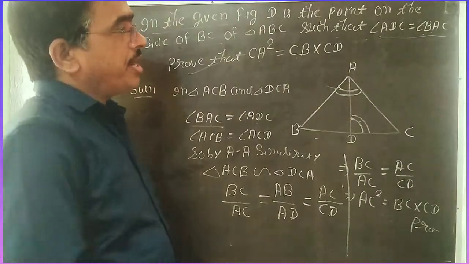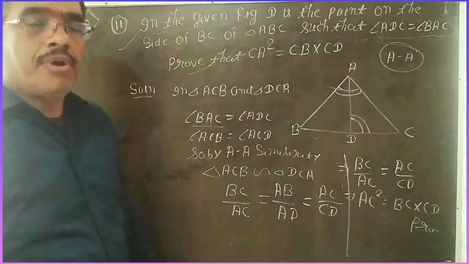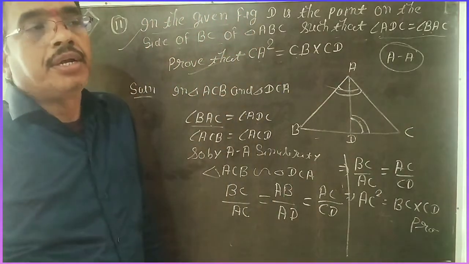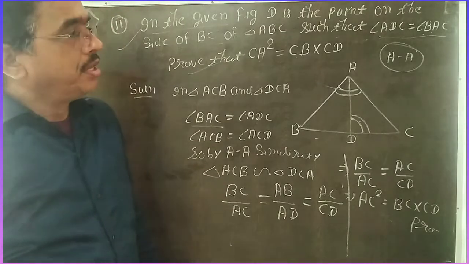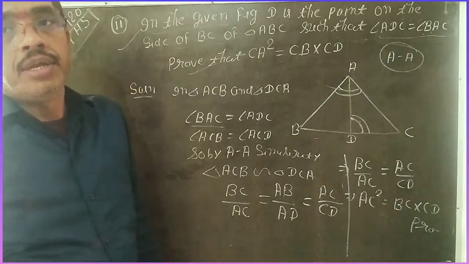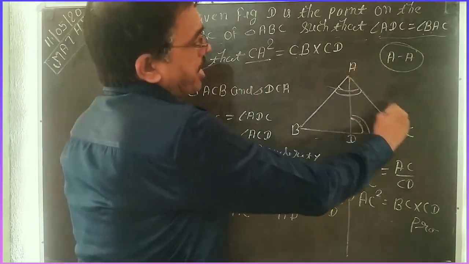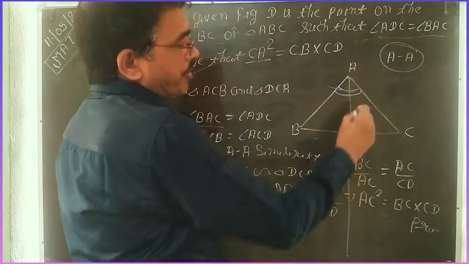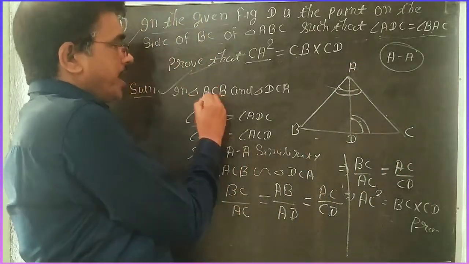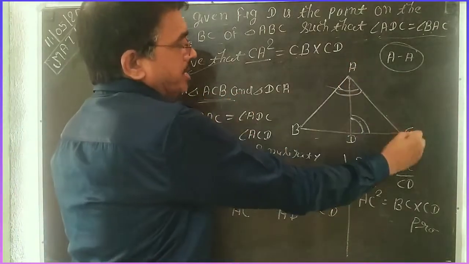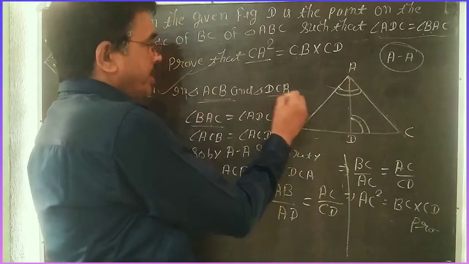In similarity, generally 90% of questions I solve only by method A. If in two triangles you find only two corresponding angles equal, then the triangles will be similar and their corresponding sides are proportional. So dear student, only find two angles and write the result. Here in the question, CA square means CA taken two times. That means one triangle is ADC and another triangle is ABC. It is clear. So first we take ACB, the big triangle, and DCA, the small triangle.